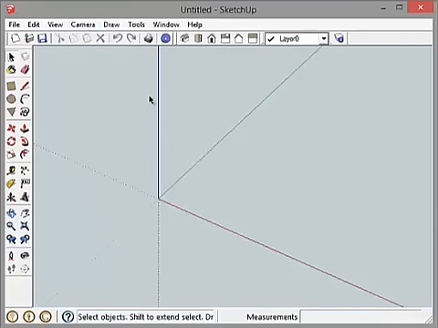And you'll notice when you're in parallel projection mode that the vertical axis, the blue, is in fact vertical. The green axis is 60 degrees to the right. I'm sorry, the red axis is 120 degrees to the right from the blue. That's typical of parallel projection. Now we have that set up. We want to go set up our